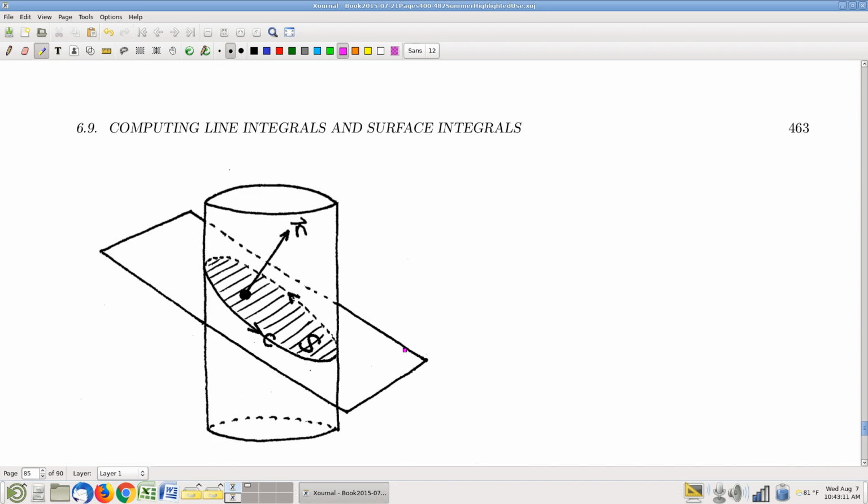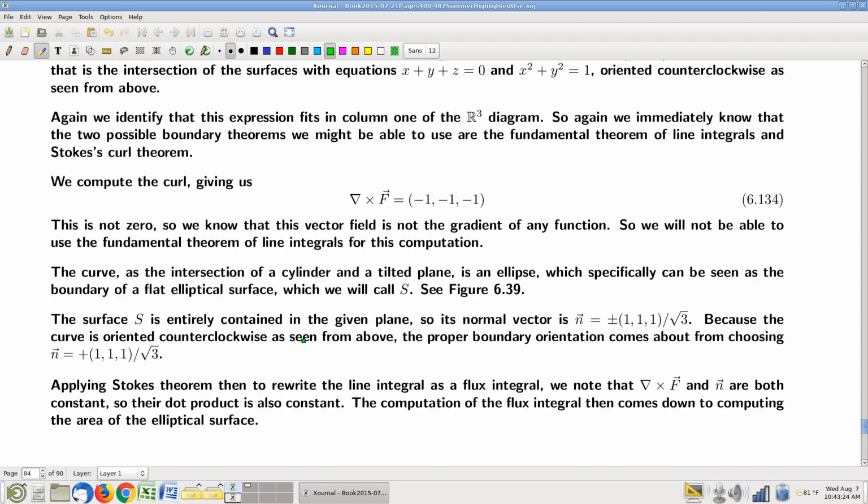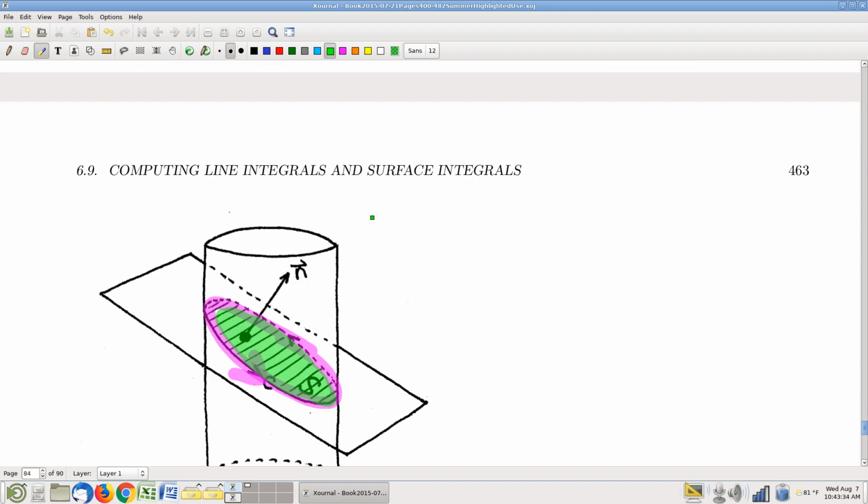So the option here is to rewrite this line integral we've been asked about as a flux integral, specifically flux through that surface of the curl. And hey, good news, we just computed the curl. So you could rewrite this line integral as a flux of curl. I would point out, though, that in this example, if you want to compute a flux of that curl,